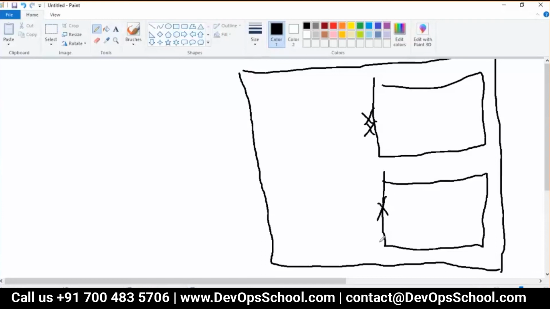This is the node IP address. And now let's create two pods here. There is one pod here that has an IP address and one pod gets created here. These are the worker nodes.